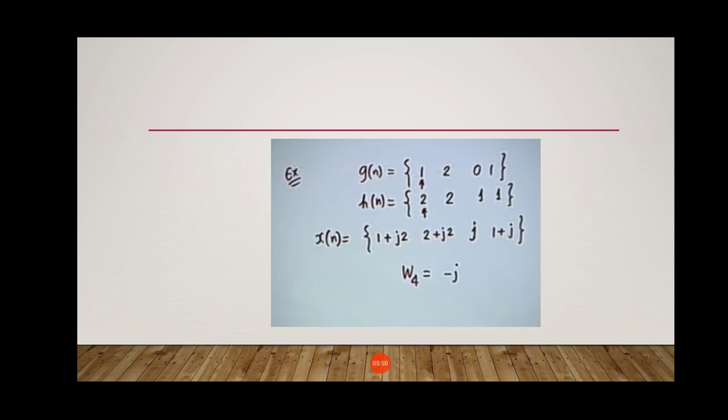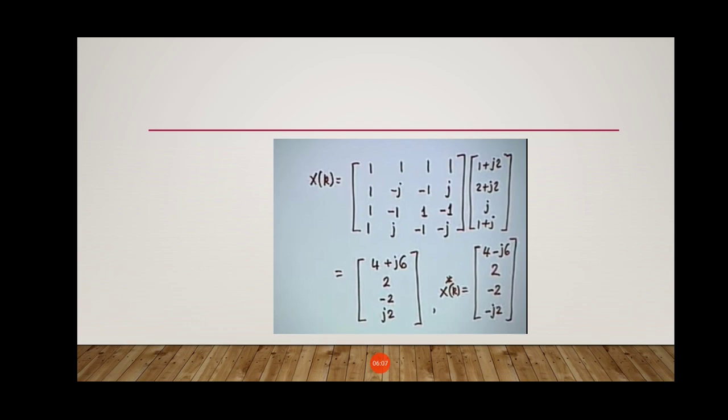So, the complex conjugate sequence here that we get is xn equal to 1 plus 2j, 2 plus 2j, j and 1 plus j. And we already know W4 is equal to minus j. We solve this DFT by the matrix method of solving DFT as I have discussed earlier. Here capital X of k is equal to the small x of 0, small x of 1 and so on, mentioned here in the column matrix, and the